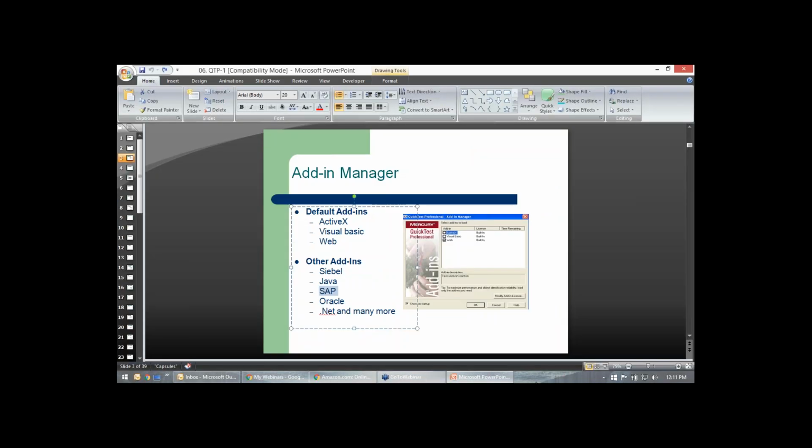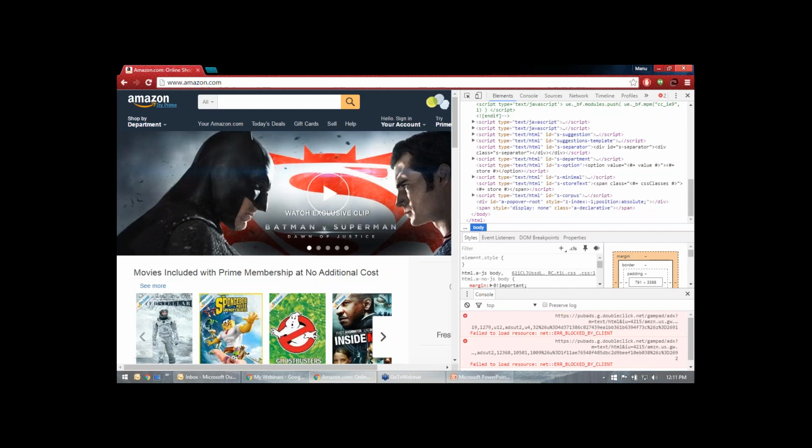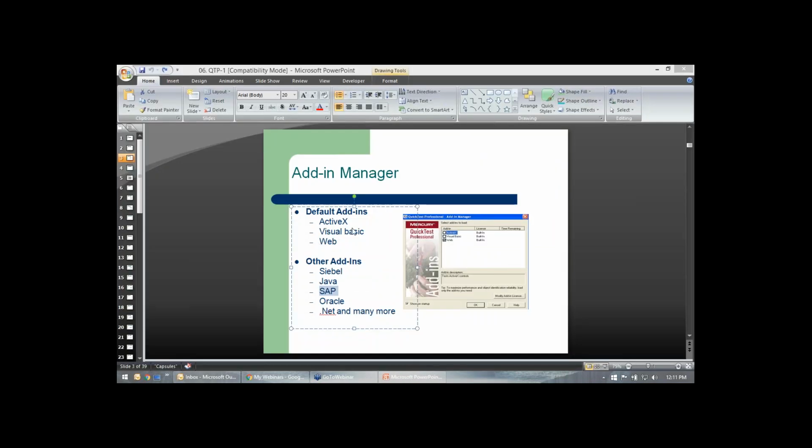Even after that, you have options. You want ActiveX, because that script might have ActiveX also. So do you want to run this on the website? That is the checkbox. That means QTP doesn't understand everything. You have separate modules called add-ins.